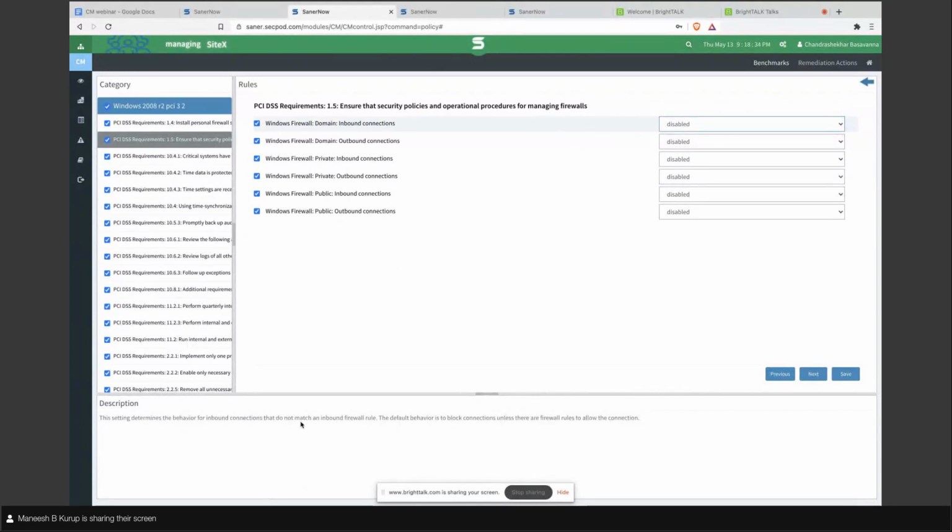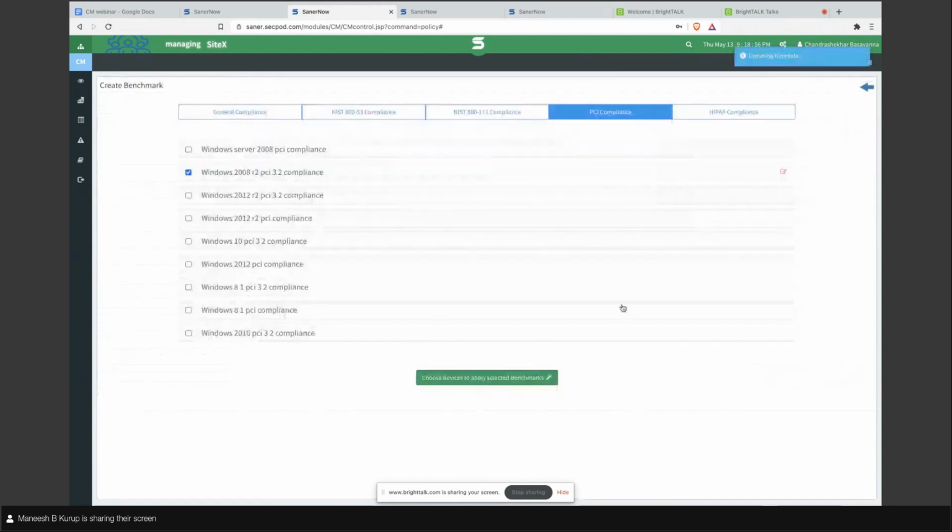Users will also be able to read and understand more about what it means. Obviously, if you want to customize values, you should know what it is, so for that purpose there is a description section. Users will be able to read it, make customizations as per the need, and apply it. Once it is saved, you will be taken back to the previous page, and you can choose devices for applying such templates.